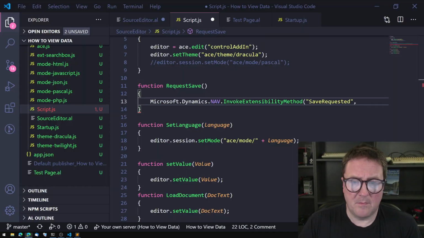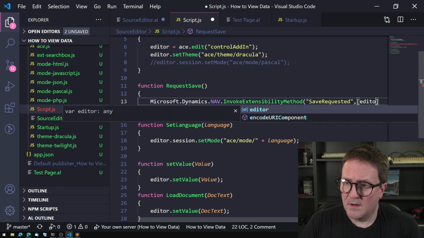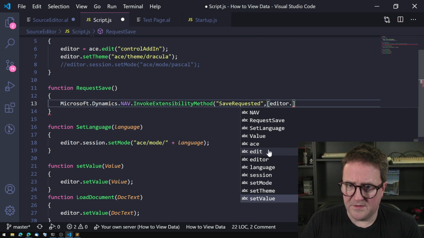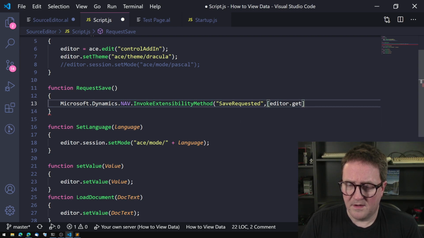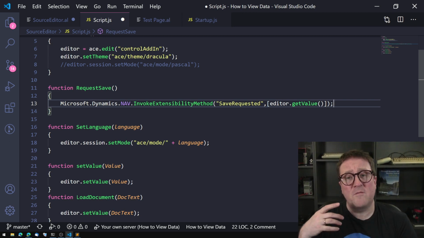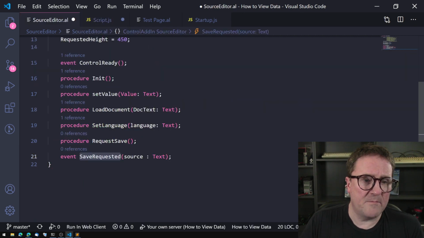So bingo, that's what we need. And we need to put it in the editor dot get value as the single parameter. In case an event can have multiple parameters,